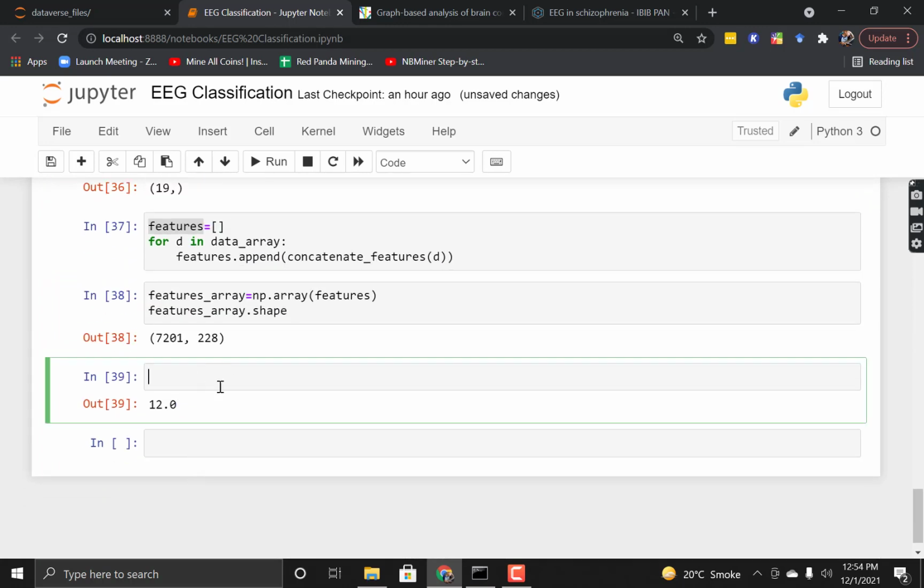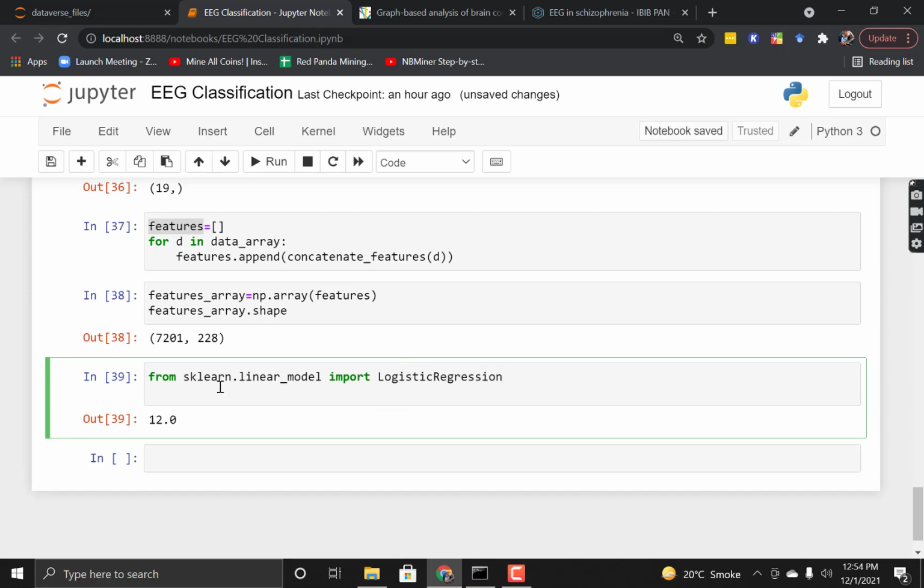So now let's use logistic regression for the classification. From sklearn.linear_model import LogisticRegression. Next we will use from sklearn.pipeline import Pipeline. This will make a pipeline of scaling together with the classification.